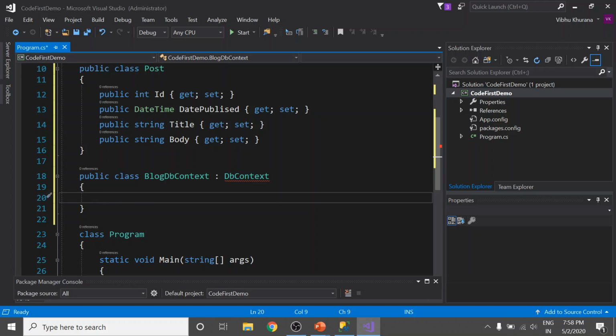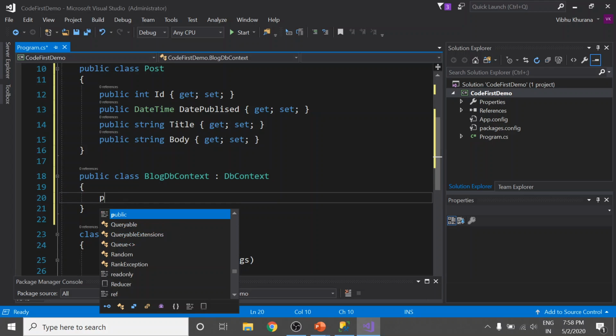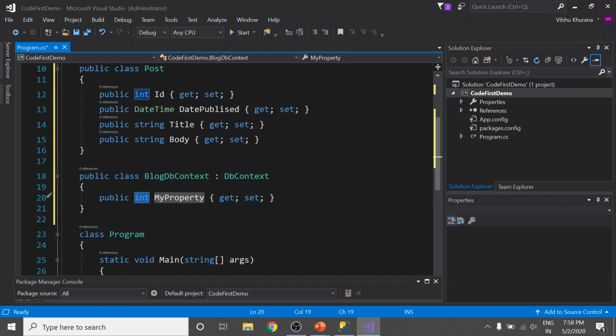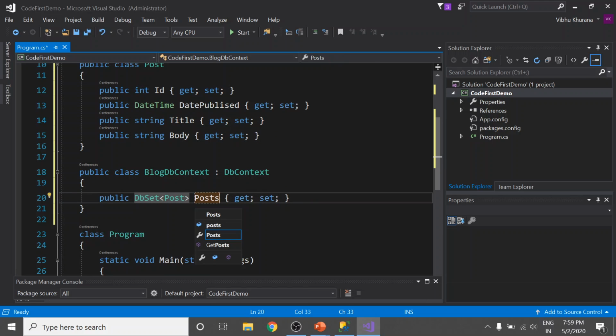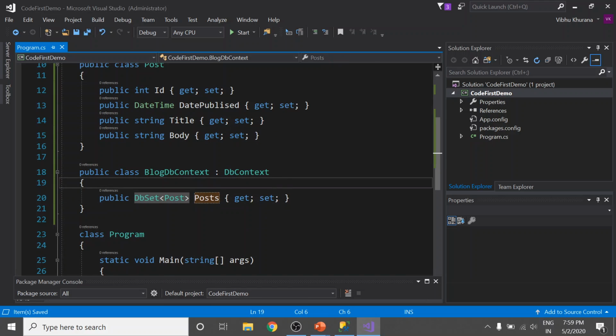Okay, add a property here of type DbSet. Basically, all we have to do here is to create a class that derives from DbContext and exposes one or more DbSets. In this case, we are exposing a DbSet of Post.